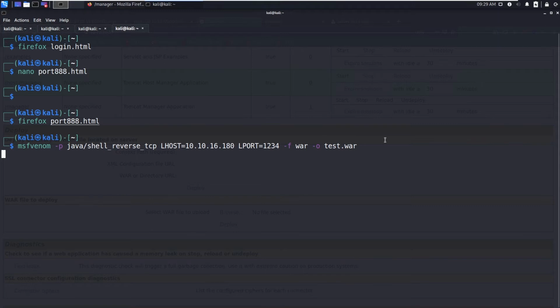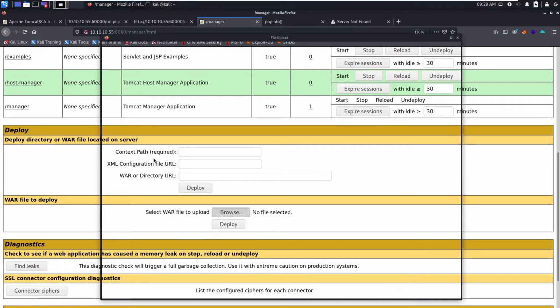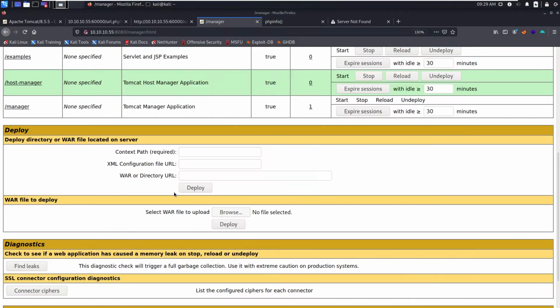It's always better to go for a reverse shell instead of web shells. It has been created in the home folder, test.war. So let's browse this test.war and deploy this one.